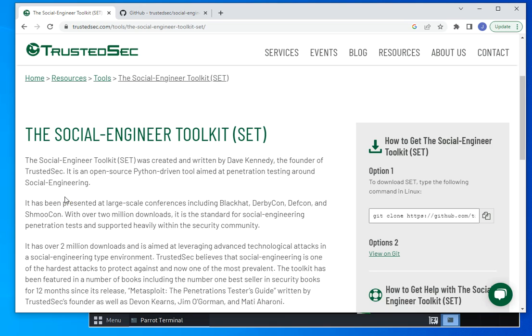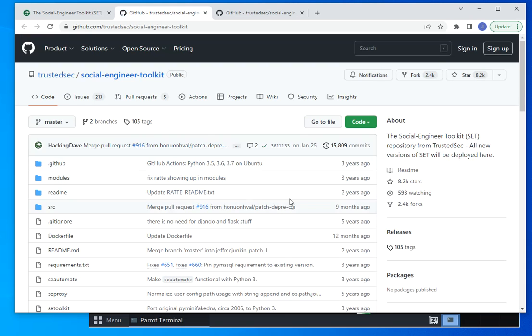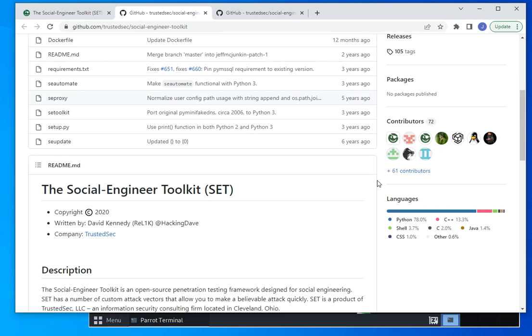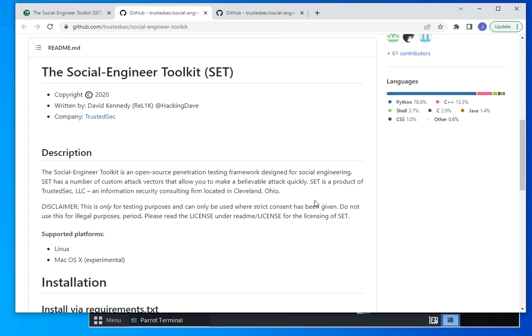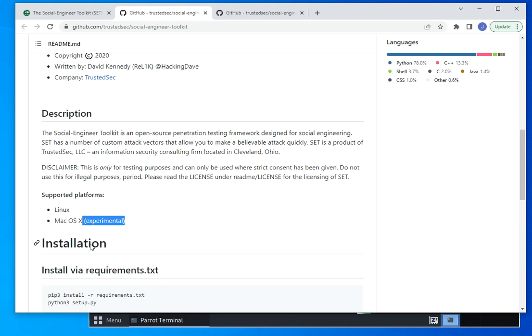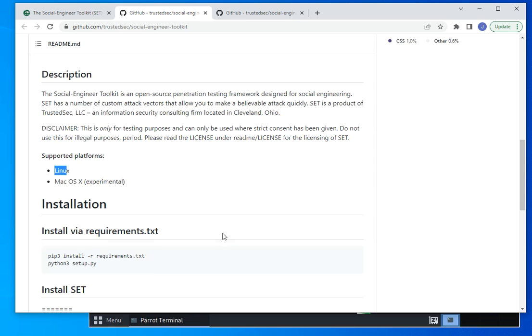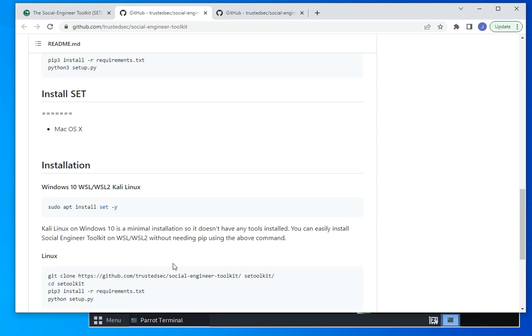So let's go over this. You can download this directly from their website and follow the instructions. You could go to GitHub and download it right from there. If you come down here, you'll see that the operating systems supported are Linux and Mac OS X experimental. I never ran it on Mac, always on Linux. And these are the instructions. So let's go